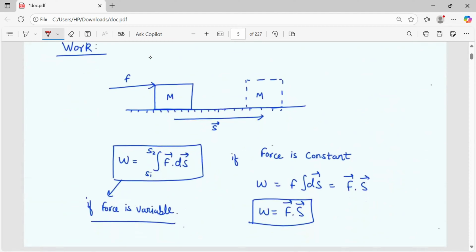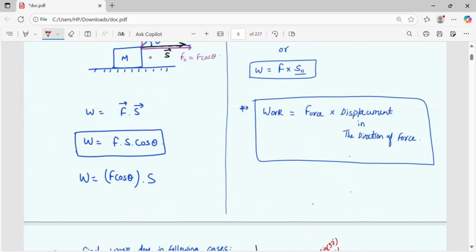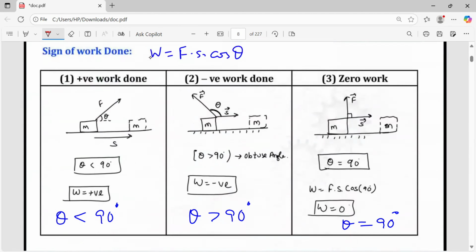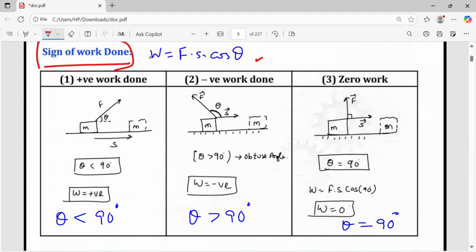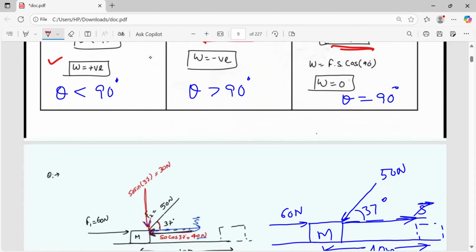Now again, I'm just giving you another work calculation on the basis of the sign. So sign of the work done. Okay, suppose if you are considering the three cases, one is positive work done, second negative work done, and zero work done. Now if in case, see this theta which I have just told you, this theta is acute angle, means theta is less than 90 degree, then the work done is positive. Okay, if this is greater than 90 degree, then obviously the work done would be negative, as you can see here, and it would be zero in case the theta is equal to 90 degree. मतलब force is perpendicular to the displacement. So these are three sign conventions we generally use.